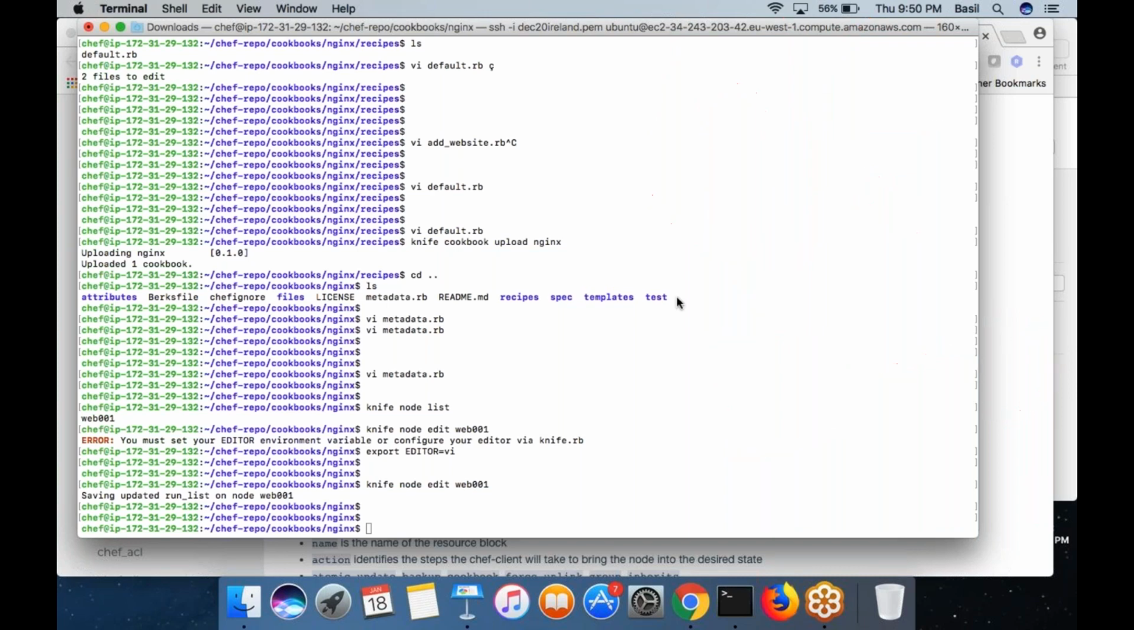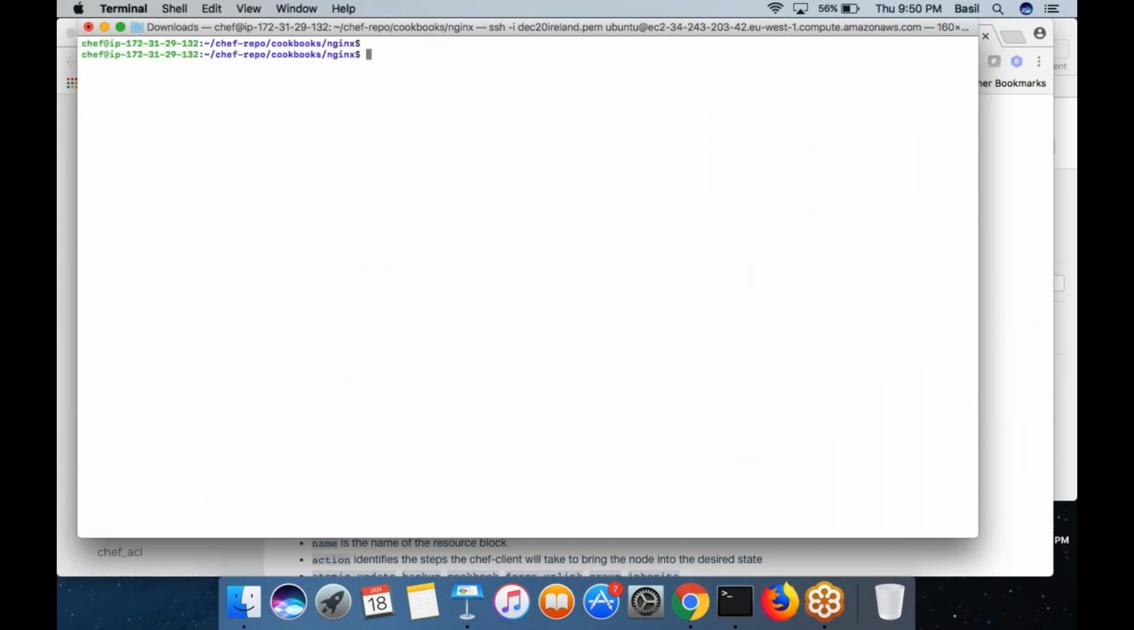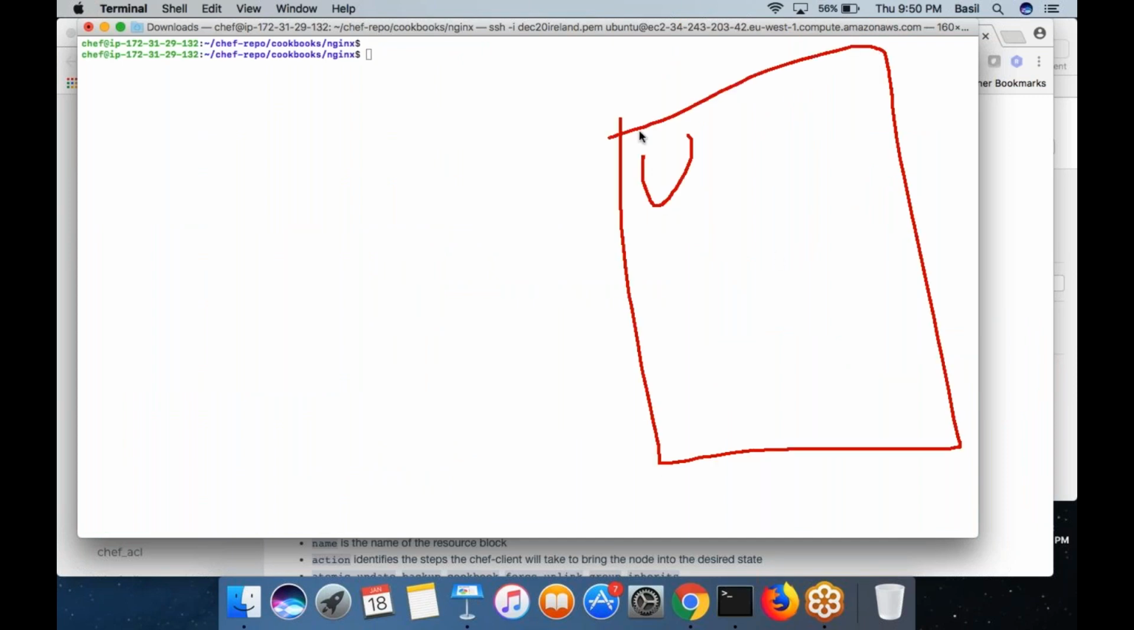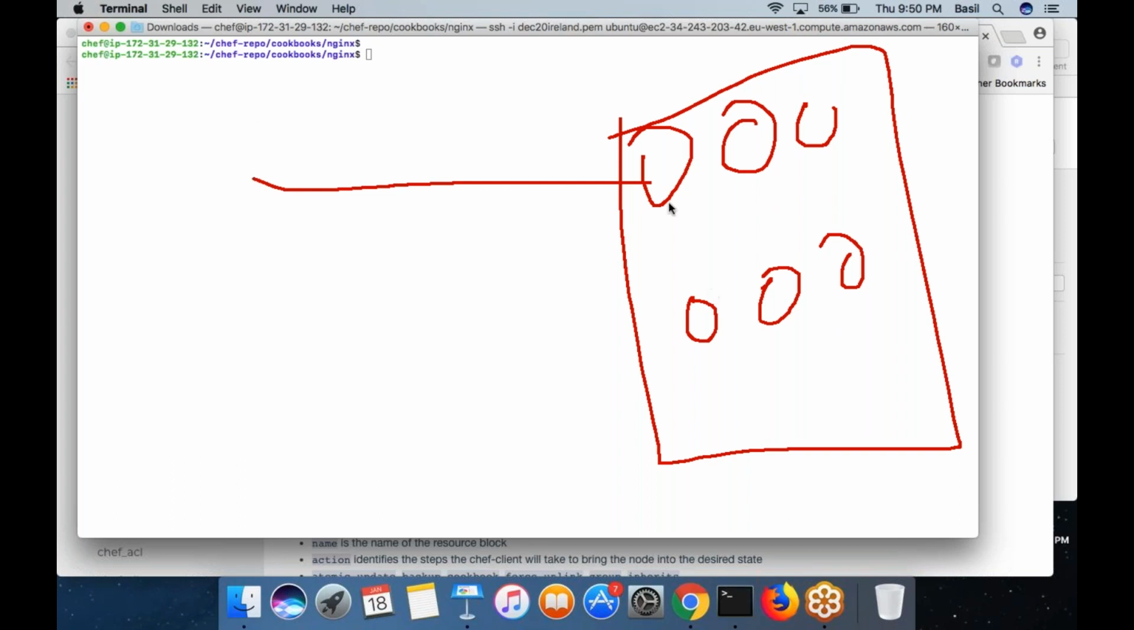How does your node get the configuration from the Chef server? In my case I have only one machine, Web001. There can be multiple machines in the infrastructure: multiple web servers, multiple application machines, multiple database machines. All these machines are different machines that you have in your infrastructure. When you run the command chef-client on these machines,